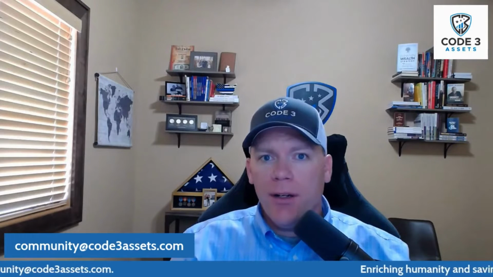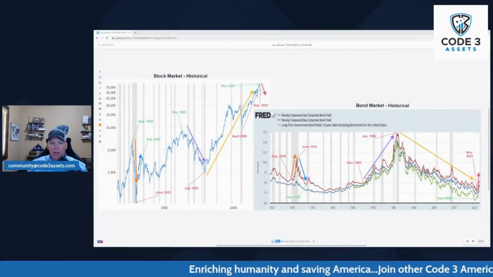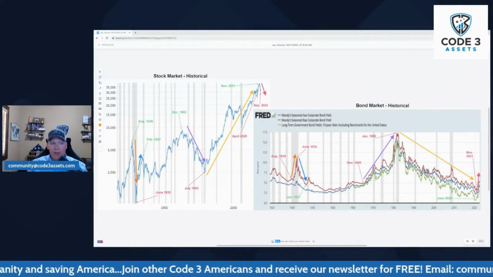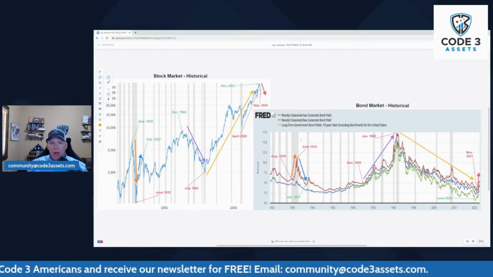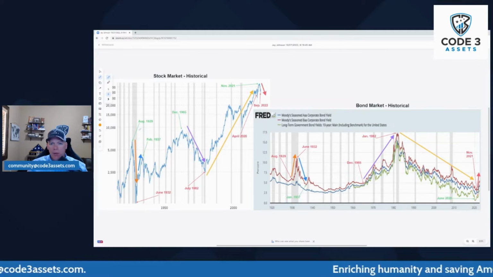Okay, everybody often hears buy the dip, dollar cost averaging, and so on. For the last several years, that has been the go-to investment advice. As you'll notice, this is about 100 years of history illustrating bond rates or interest rates relative to the stock market. So on the left chart, a historical chart of the stock market, I've noted some key dates that correspond with interest rates or the bond rates on the right.